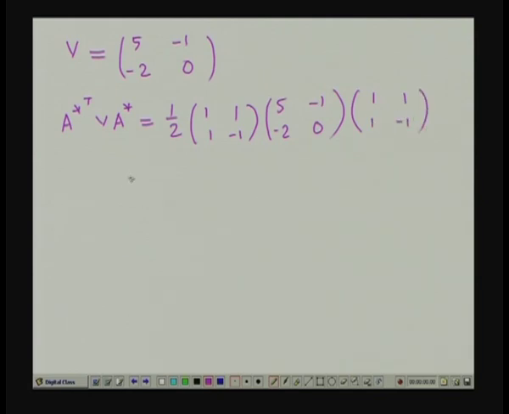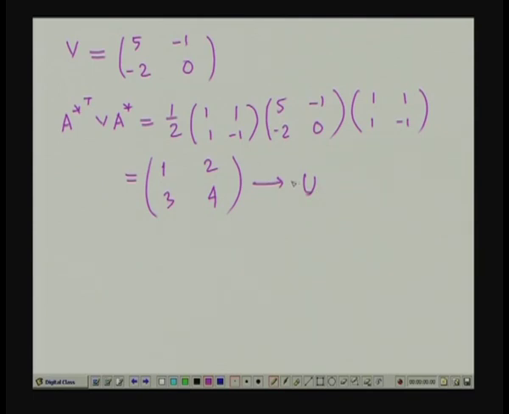And if you compute this matrix multiplication, the result will be 1, 2, 3, 4,